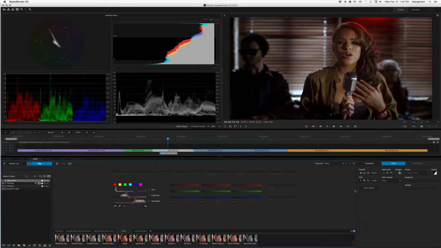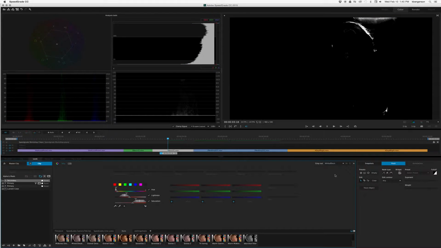show up here. And if we go to gray out and we'll go to white and black, we will see how well we did with creating this mask. Basically what we want to do is everything that's red, we want to appear white in this, and so then that's the only color we'll be affecting with our color correction. And so making everything else black is our desire, so that doesn't change. And so what we can do is just tweak our sliders here until our